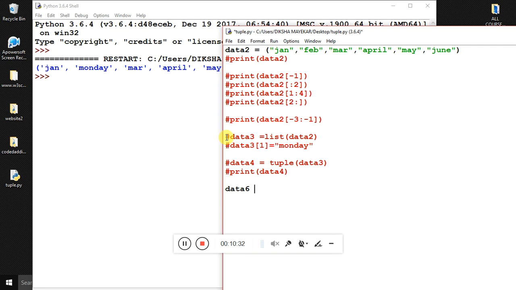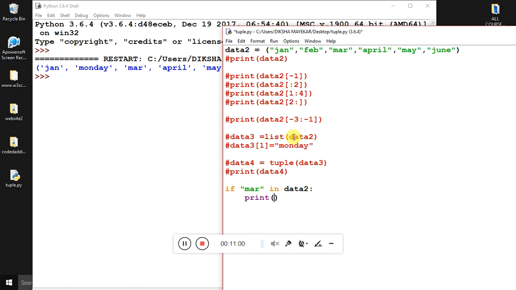Since we are finding whether a specific item is inside of our tuple, we will make use of the if statement. If I want to find out whether March is there inside of my tuple, I will say if, then pass the item I want to search: if March is in data 2,